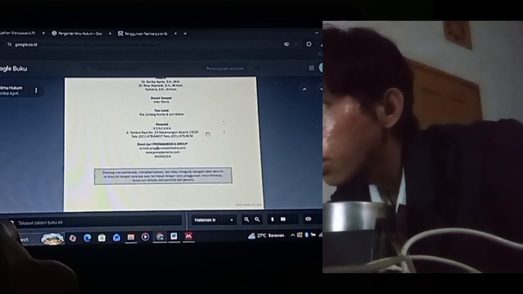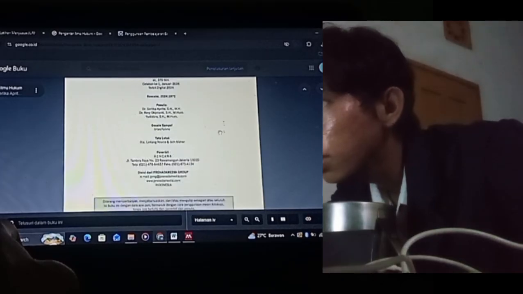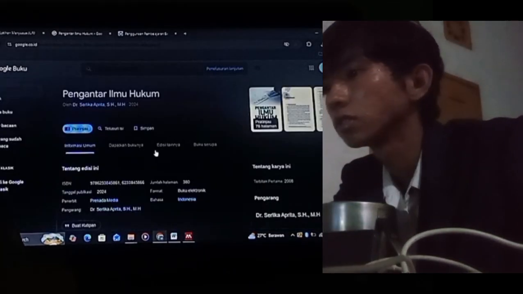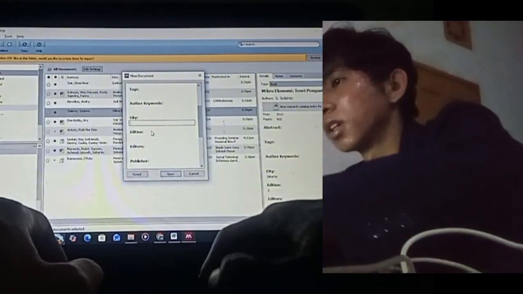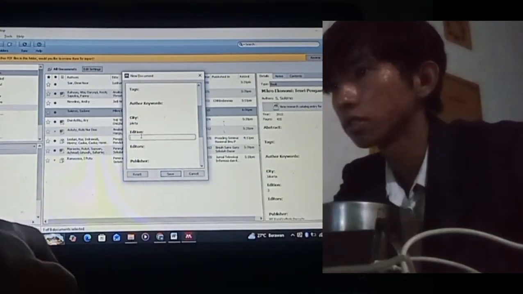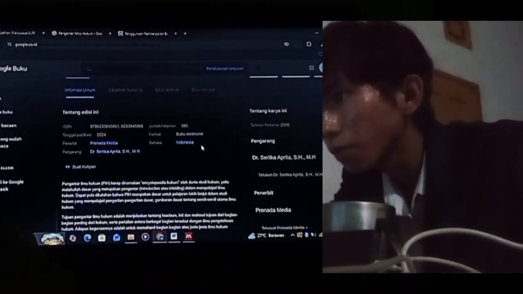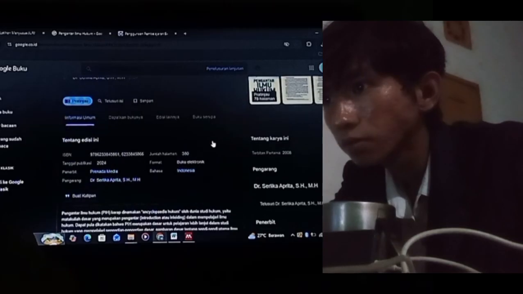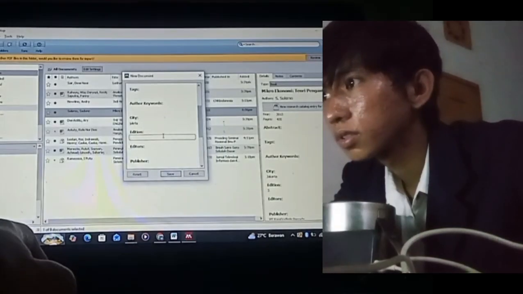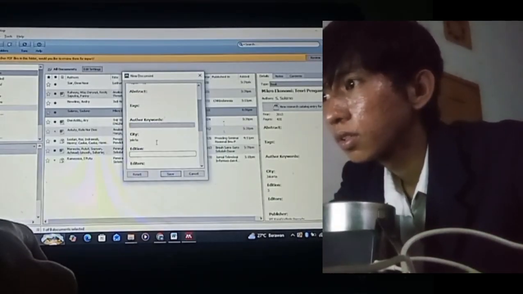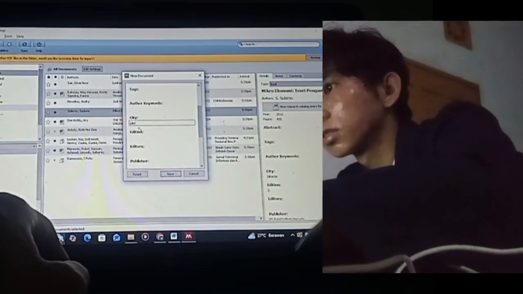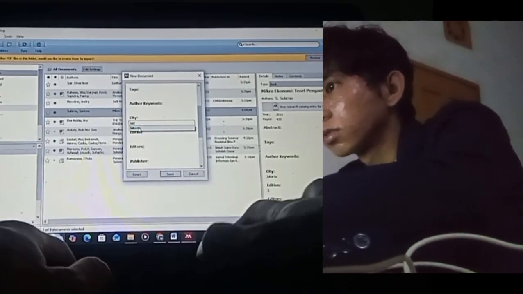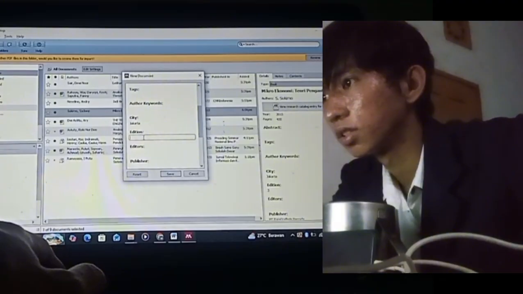Oh, the place is Jakarta, so we can type Jakarta, and the edition is, what edition. Yes, it is the first edition.